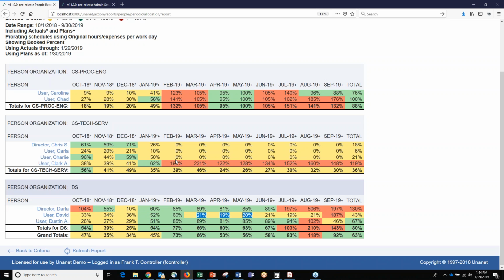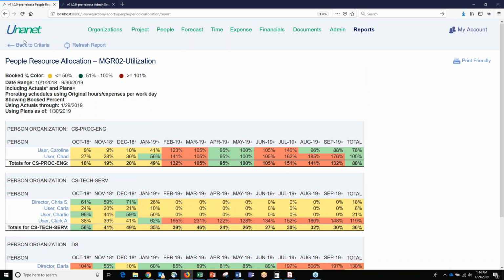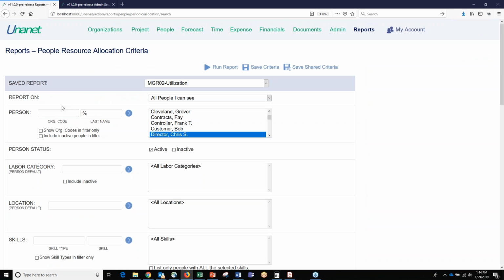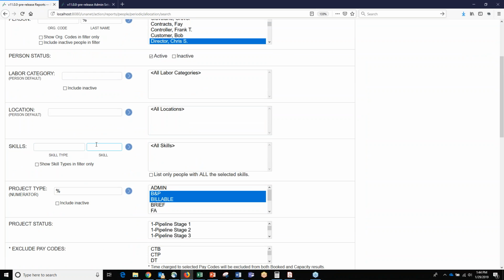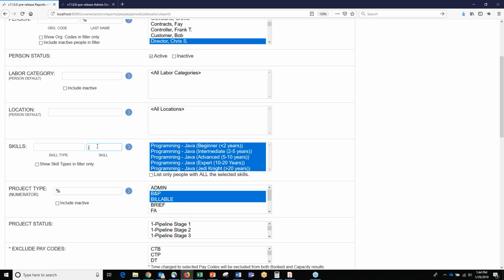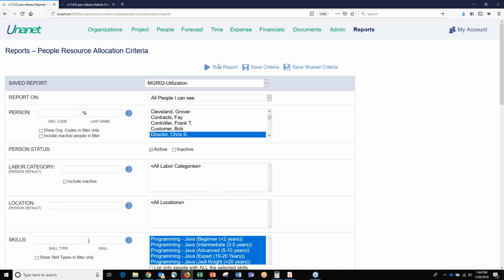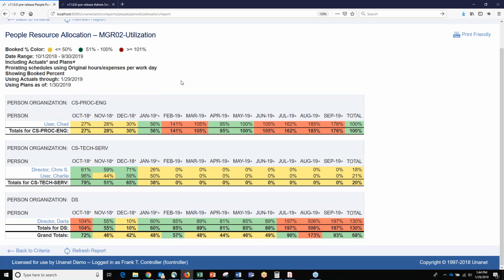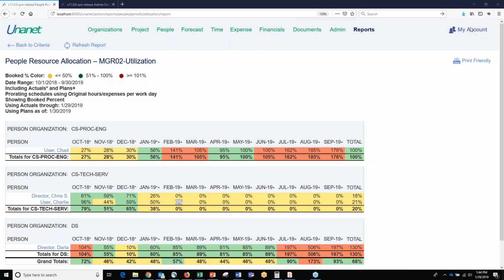We can also run this for certain people with certain skills. So if we wanted to apply, you know, Spanish linguists or German linguists or Java programmers or whatever skill you want to apply to people, these are our 4 people with the Java programming skills. So if we need someone that has Java skills in February, we can see that certain people have availability here. Okay, so that is, you know, utilization, not only actual historical utilization, but also forecasted utilization.